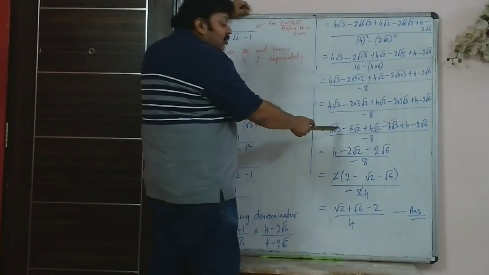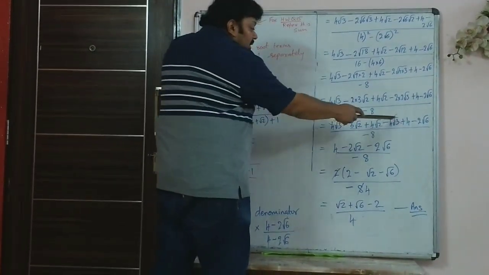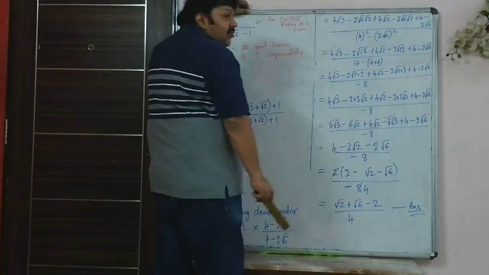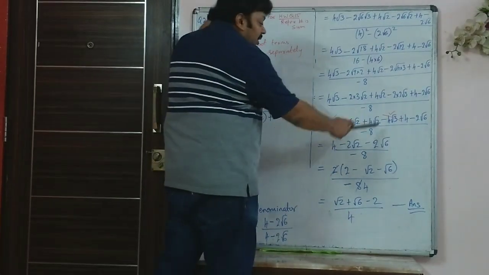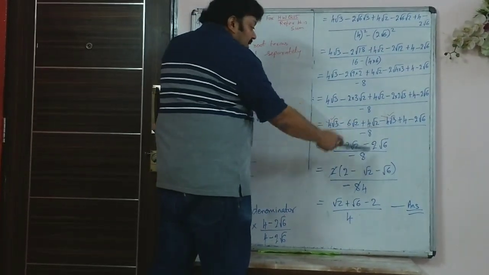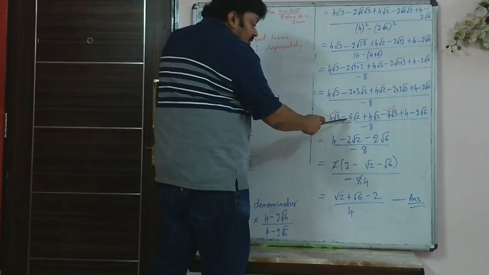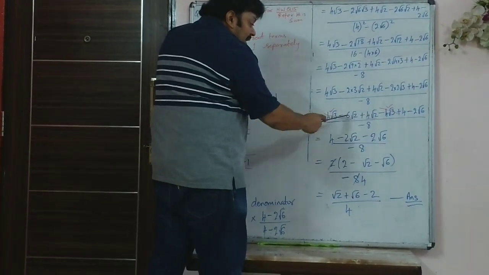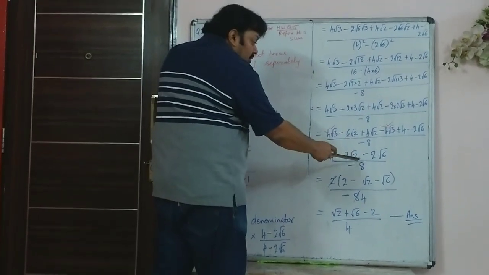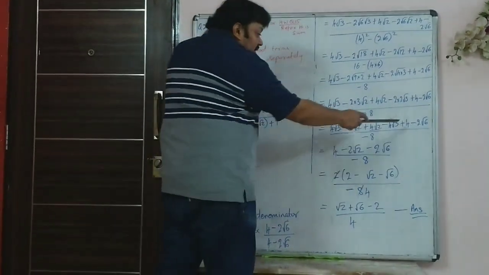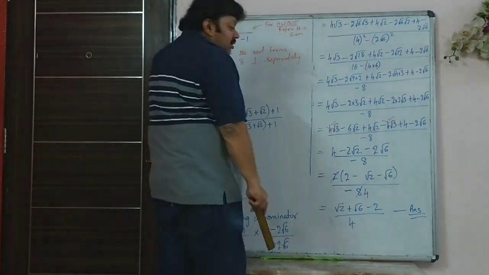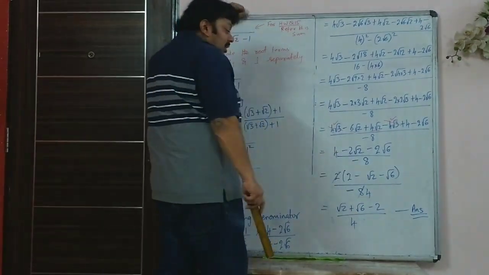So now you have to pair the root 3 terms together so that both the terms are the same with opposite sign, so this gets cancelled. Then it becomes 6 root 2 and 4 root 2. This is minus. So when you add this, it becomes minus 2 root 2. The 4 is as it is and the minus 2 root 6 is as it is, upon minus 8.